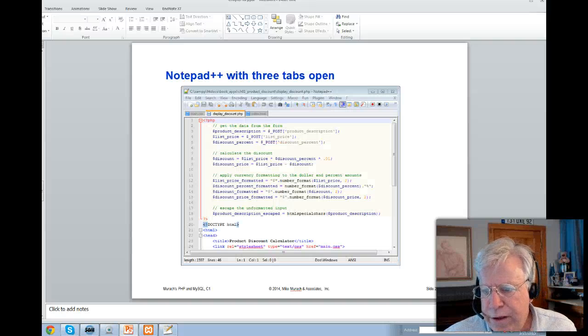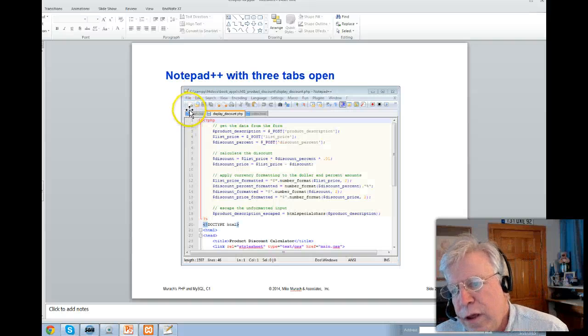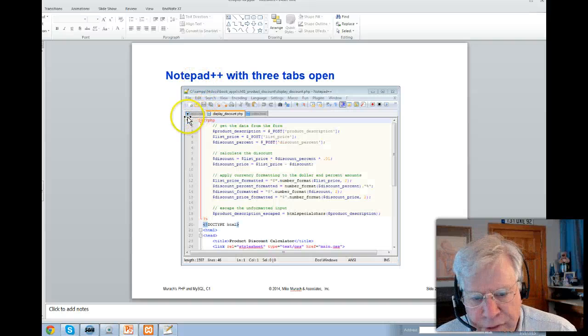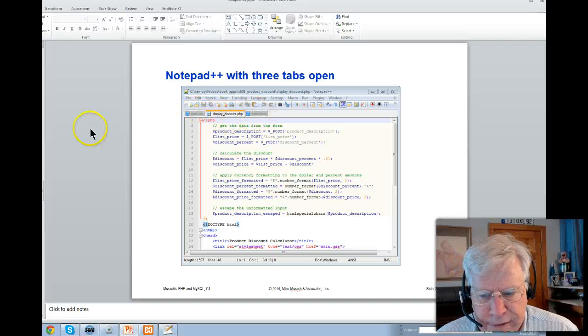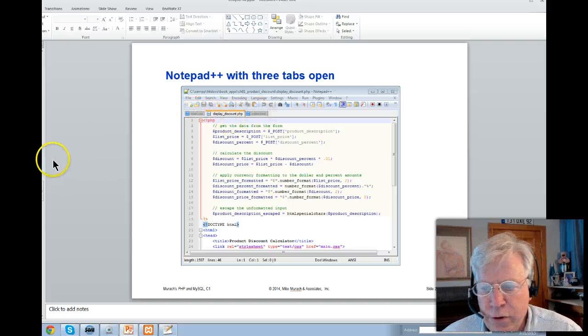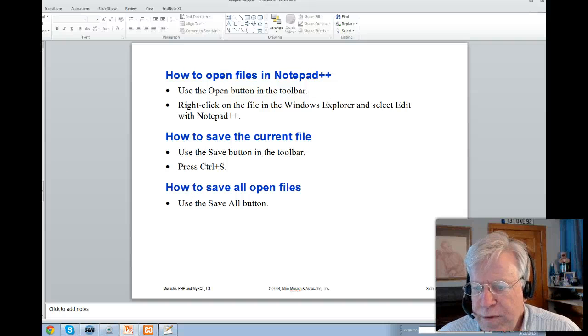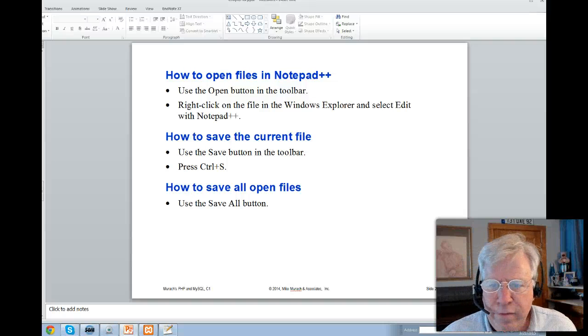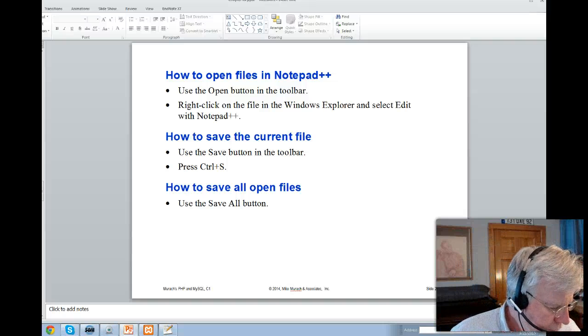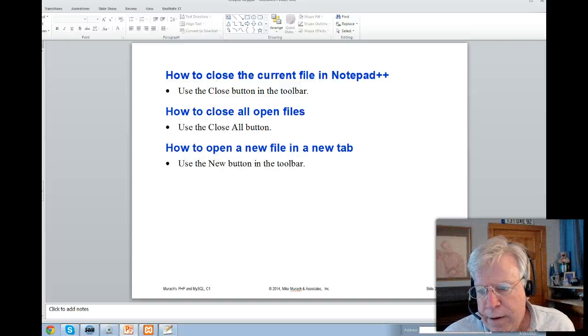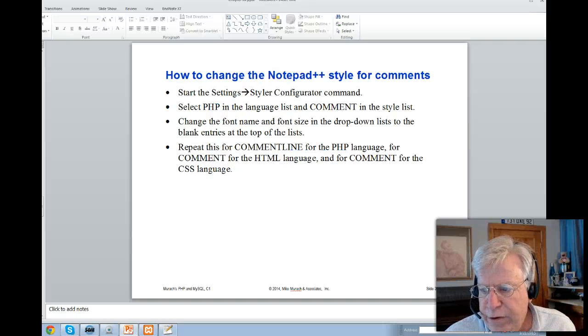And we've already done this. Notice with Notepad, we can open the CSS page, the display discount page, and the index HTML page, and see the actual code that actually worked from there. Open files in Notepad. Everybody should be pretty familiar with how to do that. So that's what puts us on page 23. And closing files with Notepad, no big deal there. Changing our